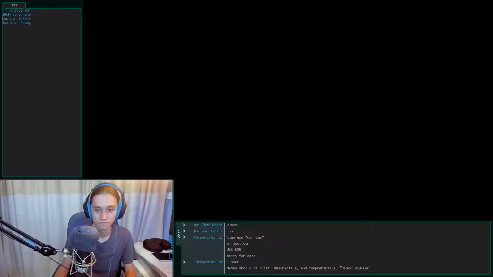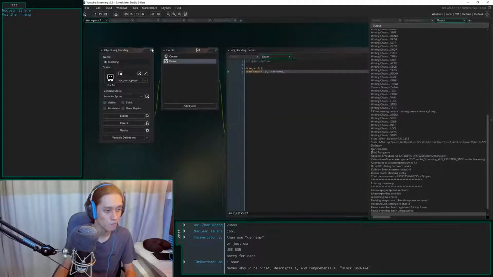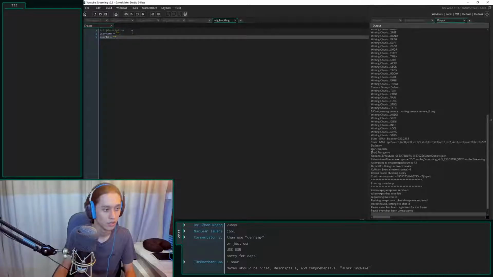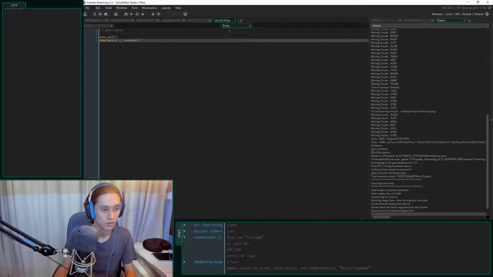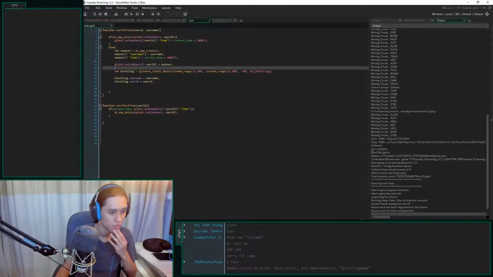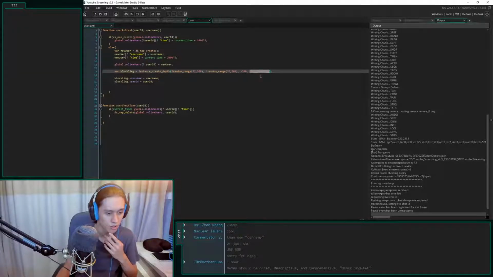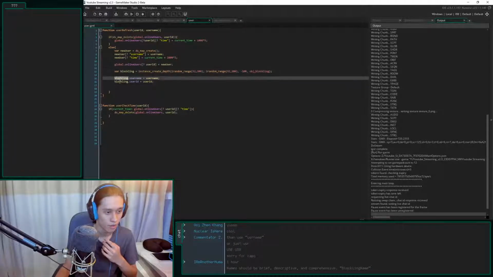Where are you, blocklings? Okay, blockling. Where did you go? Instance create depth, object blockling.